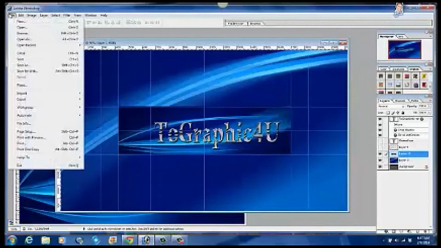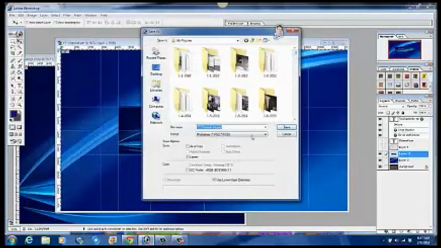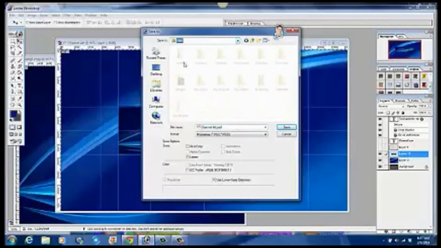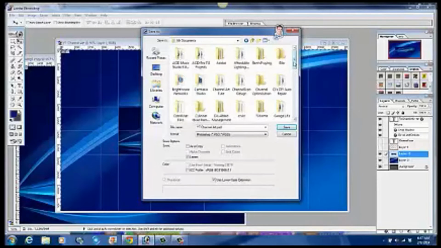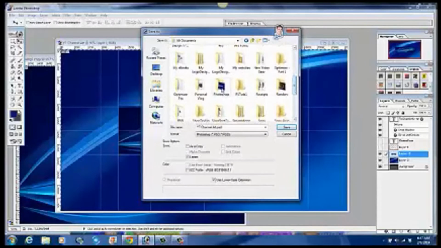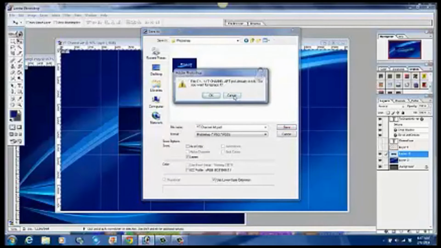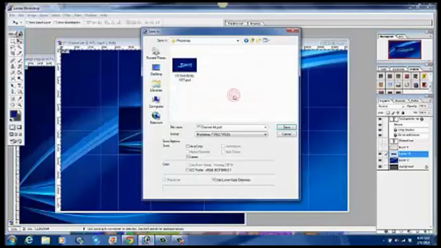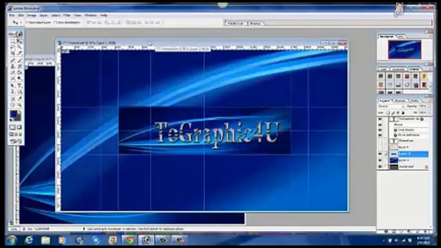Anyway, I'm going to go ahead and save this as a PNG file, or a PSD file, and I will save that in my Photoshop folder. And since I already saved it, this is another one, I'm going to go ahead and click Cancel. But I'll save this original file in YouTube, or in Photoshop. Then you'll want to save your project for YouTube,